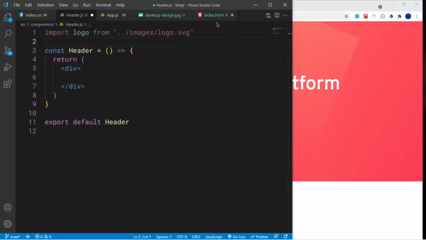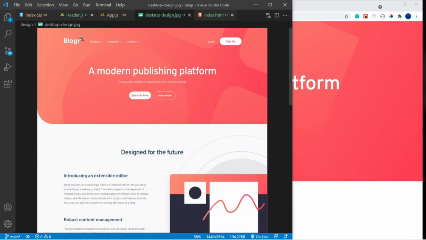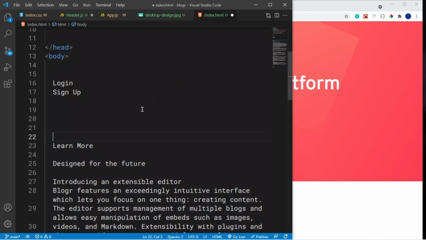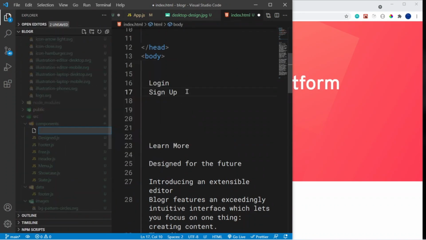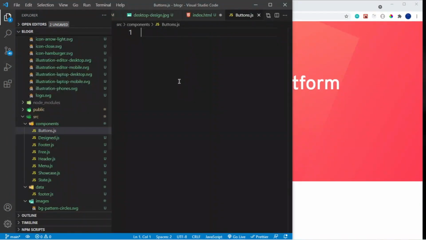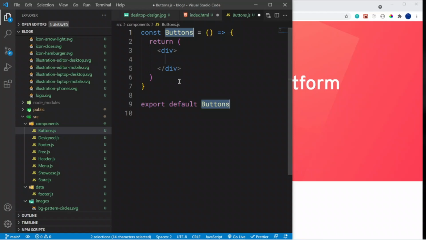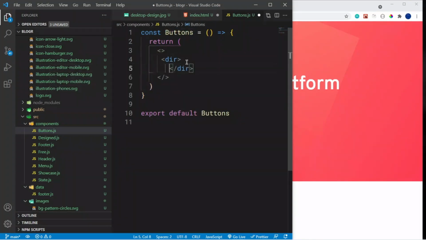How do I want to do this? Let me look at this design. We have our logo, we have the text here, and then we have our two call to action buttons, which are these right here. So I might have to create another component just so that it doesn't become overwhelming. I'm going to create a component called buttons.js, and then I'm going to say underscore array fce, and then inside I'm going to return an empty fragment, and then just return a div,